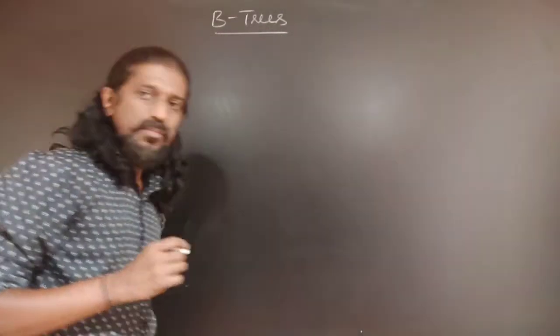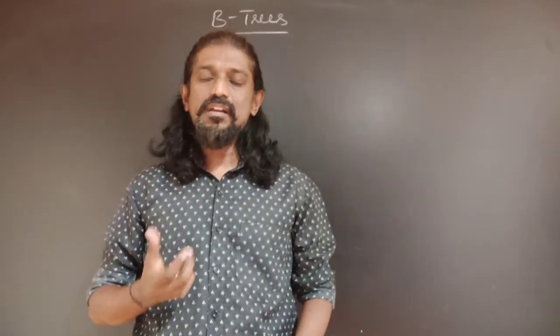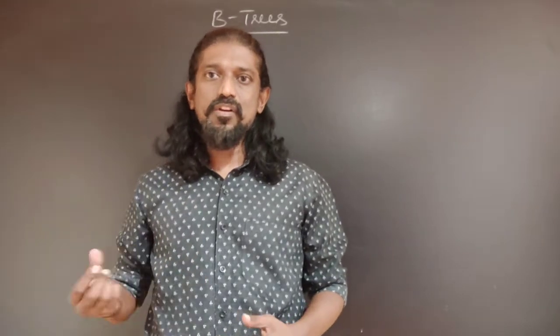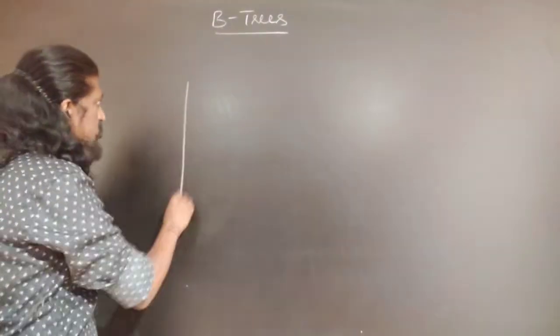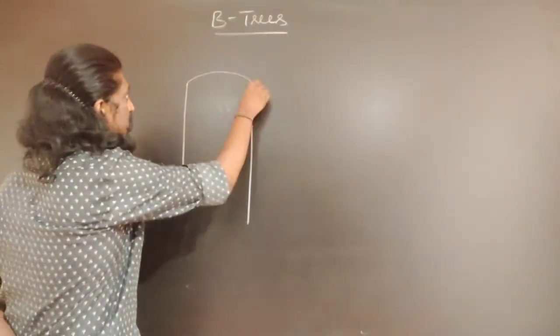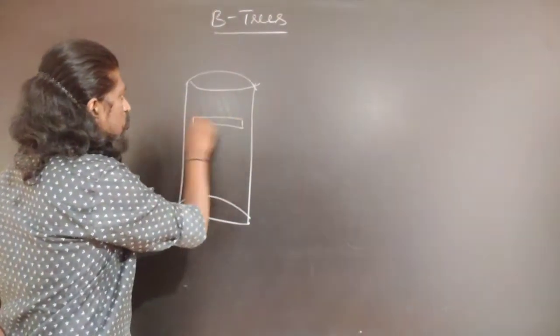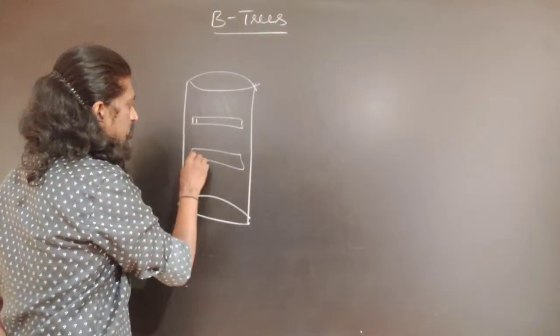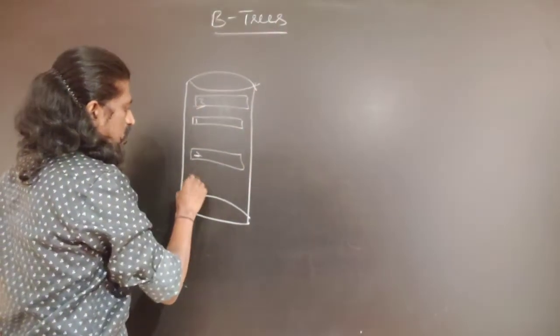So in most of the real-time applications, the database consists of data records. Any database for that matter consists of data records which may consist of many fields. And these data records will generally be stored in the hard disk. So there may be some data record 1 over here and some data record 2 over here, 3 may be present somewhere here, and data record 4.